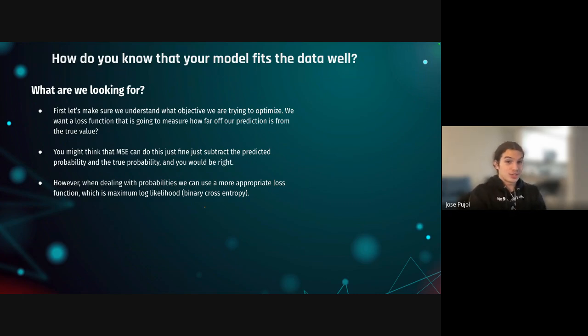Theoretically, you can just take the difference and say, I just want to get closer to this value, and it will do it. But it won't do it as efficiently and as well as more appropriate loss functions, which we use here, one of which is maximum log likelihood, where the loss function is called cross entropy. If you only have two cases and it's binary, so 0 or 1, true or false, it's called binary cross entropy, but it's derived from this maximum likelihood.